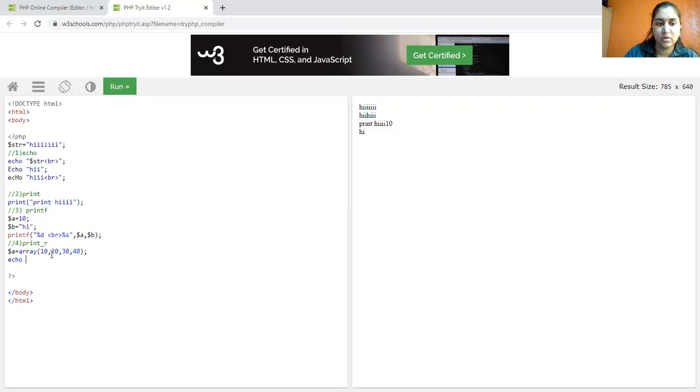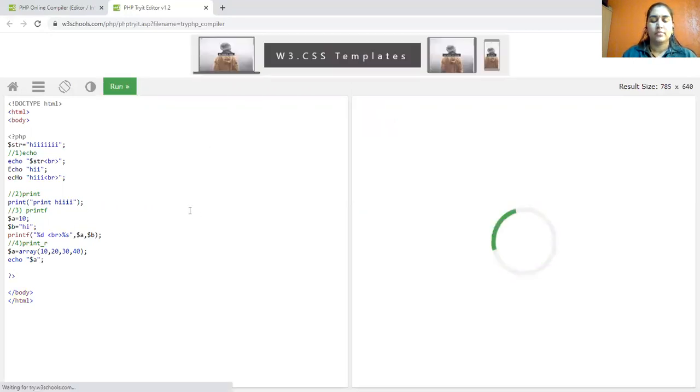You can check it out: echo $a. What would the output be? It will display Array, but I don't want that. I want the values to be displayed one by one.